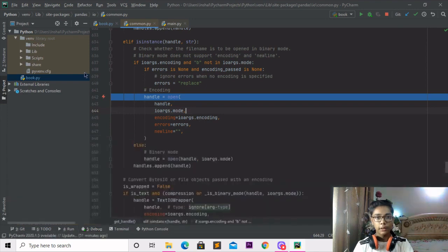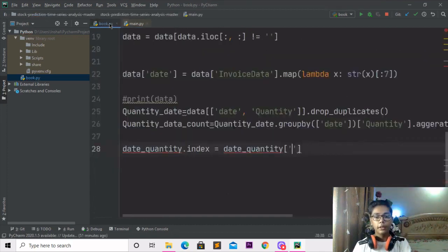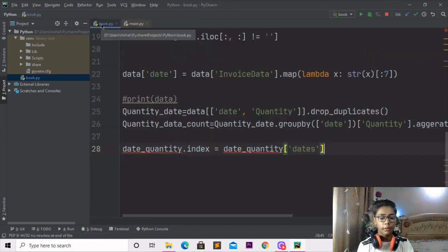So why is it just coming up? Here I'll be closing this file which is just coming, because we don't care about these things. Now I will be writing one string here, and you can see it is written like dates. Then you have to move here and write dot map